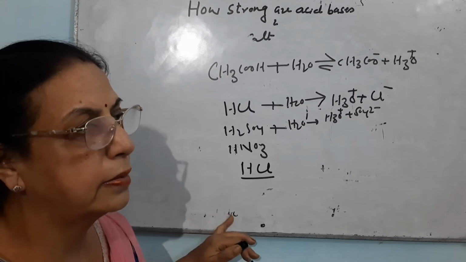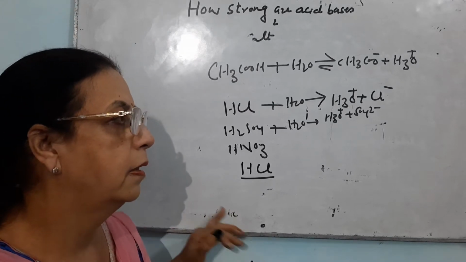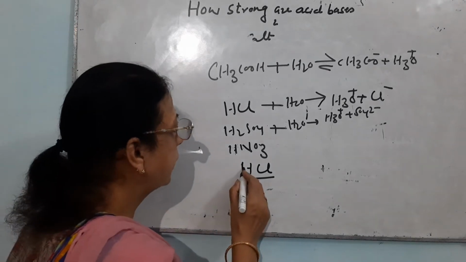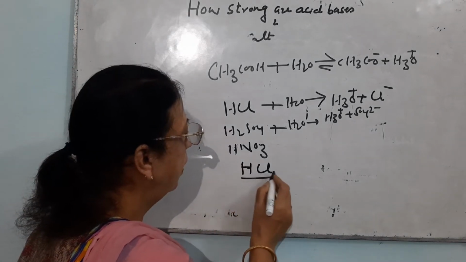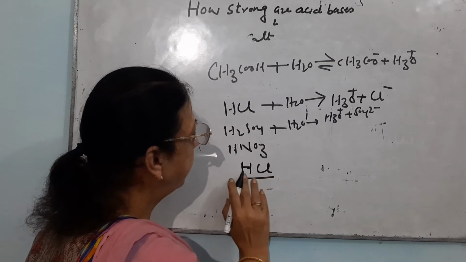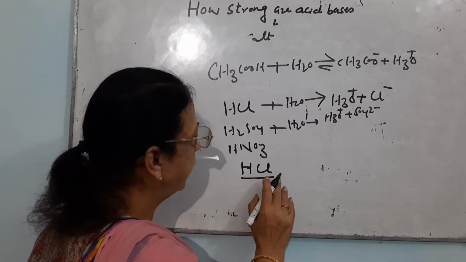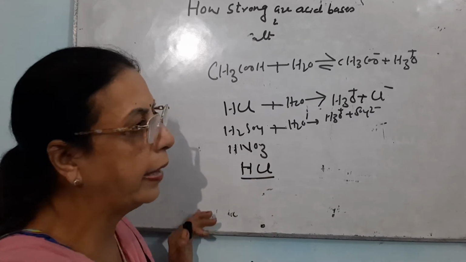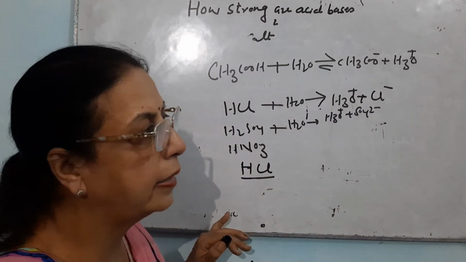There is an enzyme, pepsin, secreted in the stomach that can only work in the presence of HCl. But if excess HCl is secreted in the stomach,